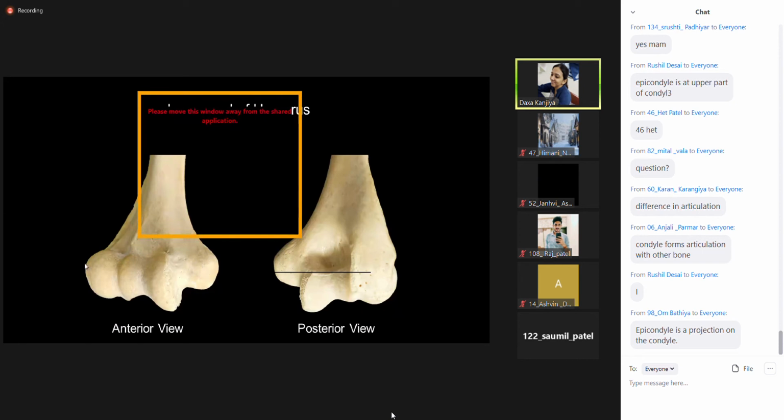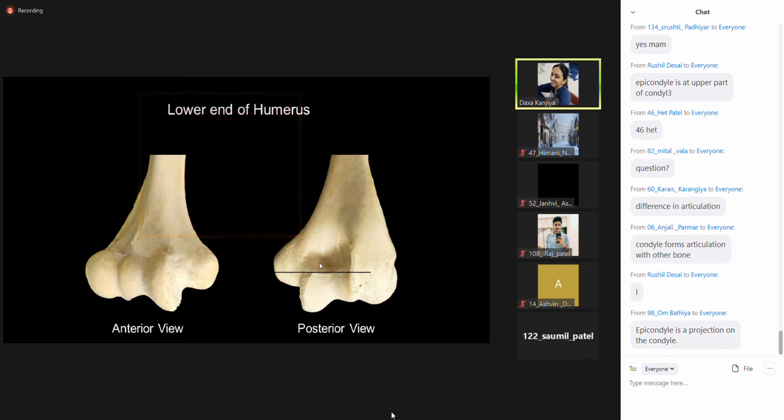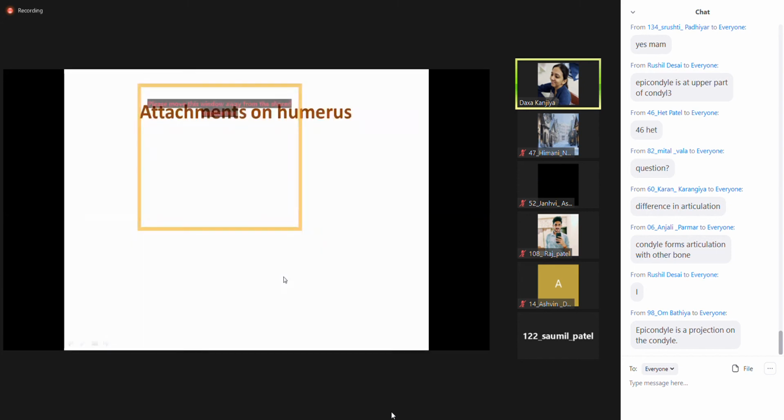So the medial epicondyle and the lateral epicondyle. Then there are two articular areas, trochlea and capitulum. Trochlea articulates with the ulna and capitulum articulates with the head of the radius. Then this is the olecranon fossa. These are the parts of the lower end of the humerus. So, the attachments on the humerus